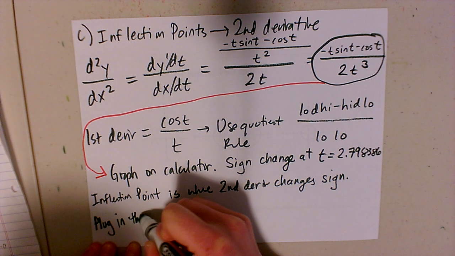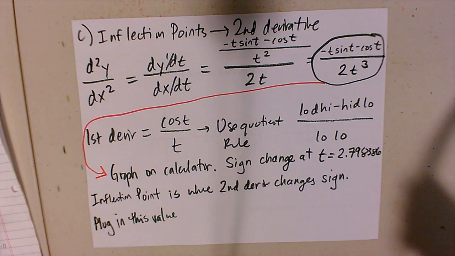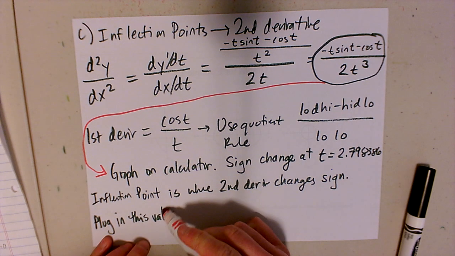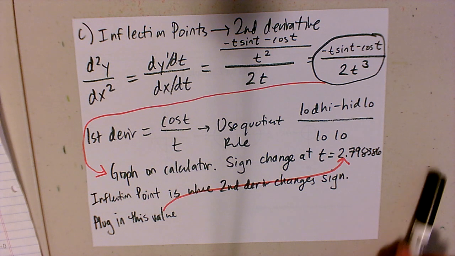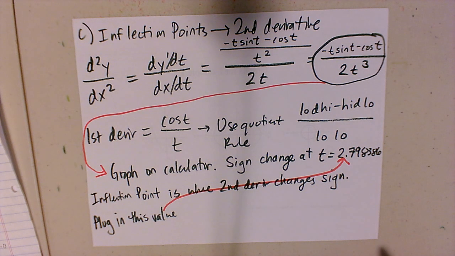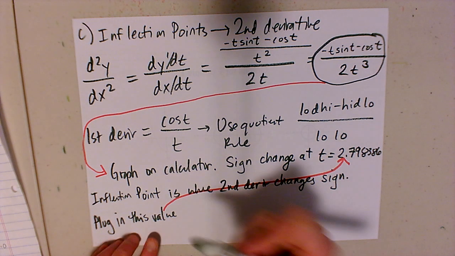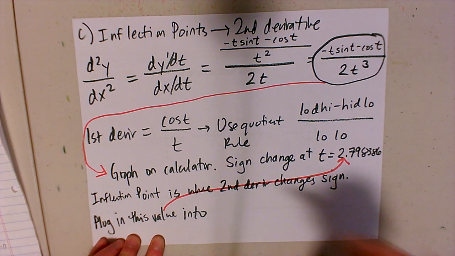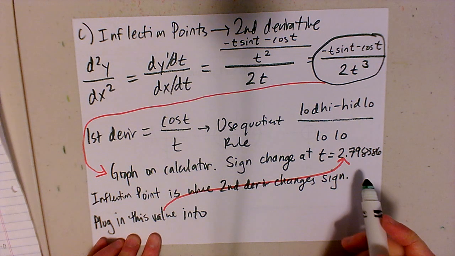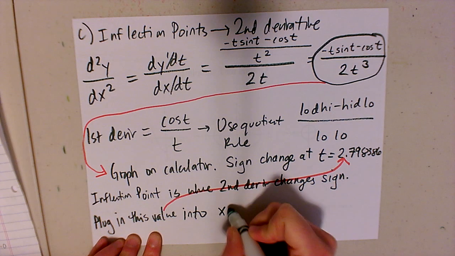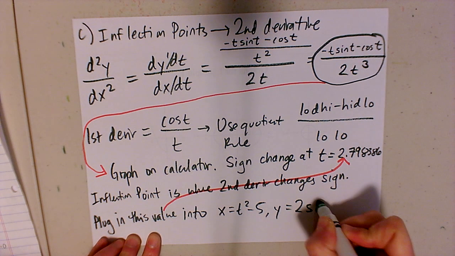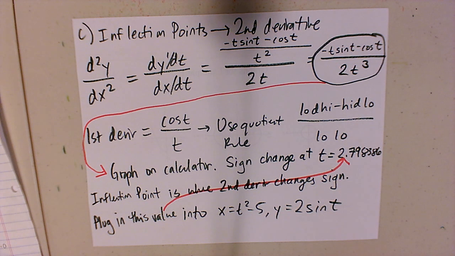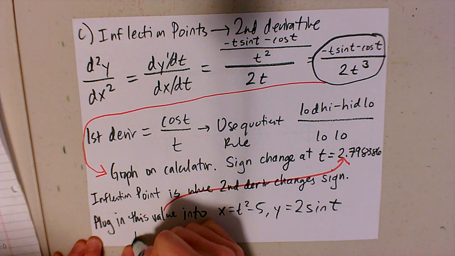So we would plug in this value, and by this value I'm talking about this long one that we found right here, and then you can plug that into our original function. So you plug that in for t into your original function of x is t squared minus 5, and y is 2 sine t. So you plug that in for t into the original parametric, and you'll get an inflection point